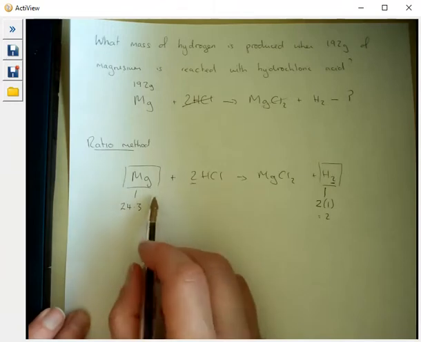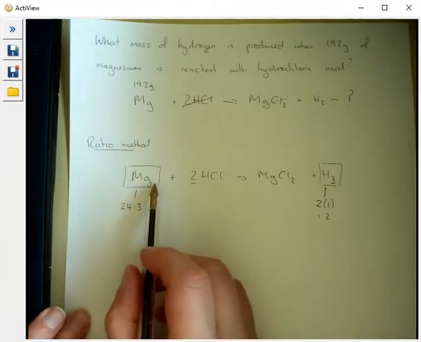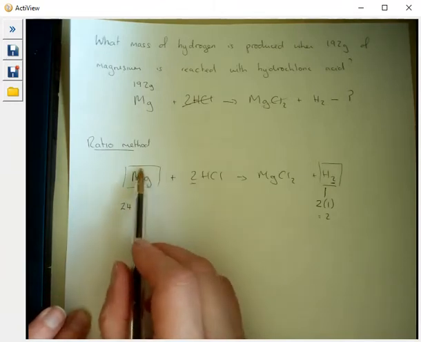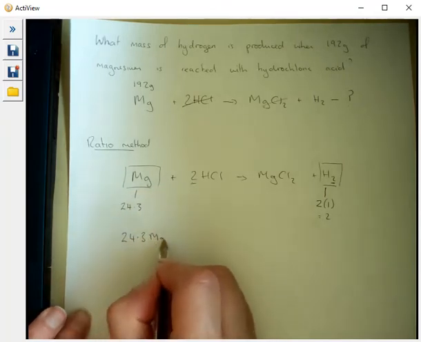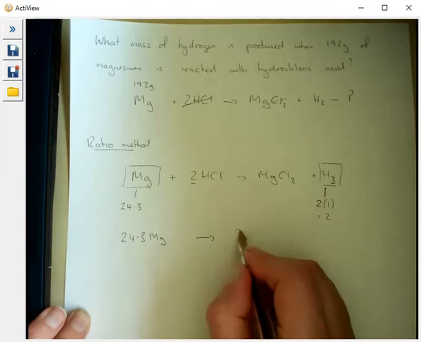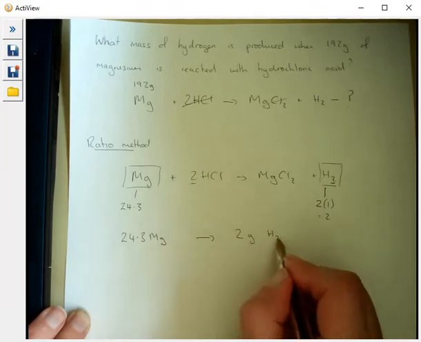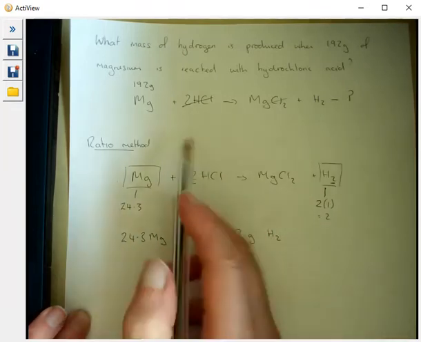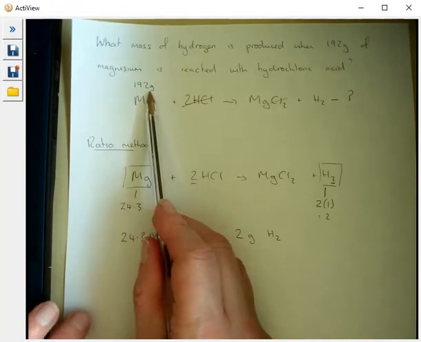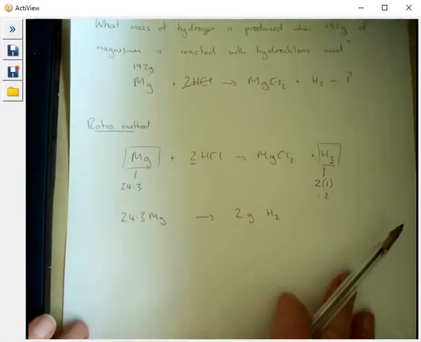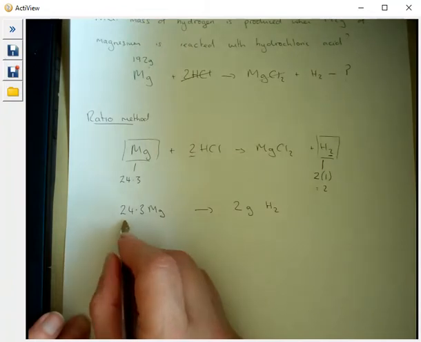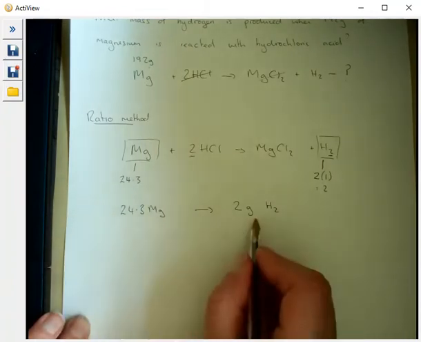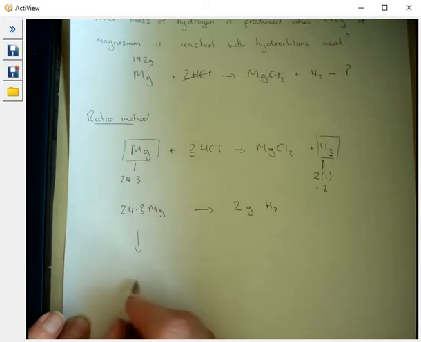Right, so what this means, if we think about conservation of mass, is that 24.3 grams of magnesium will make me 2 grams of hydrogen. And what I want to know is how much 192 grams will make. So we can use ratios for this. If 24.3 grams makes 2 grams, then if I was to use 1 gram of magnesium,